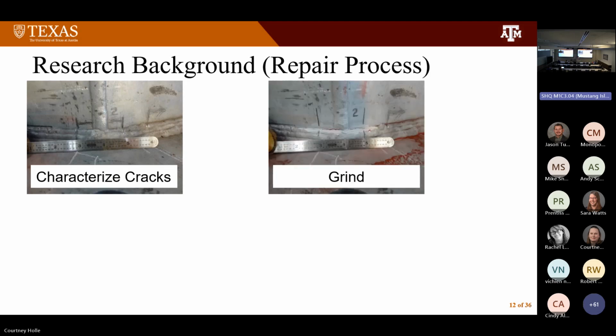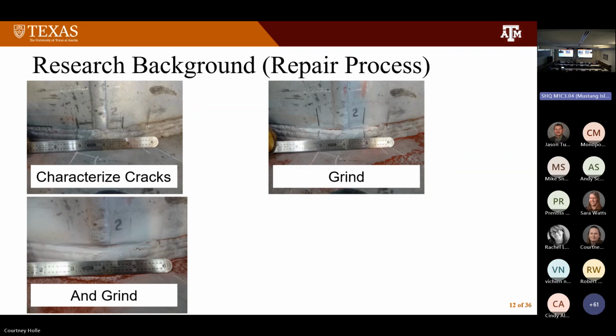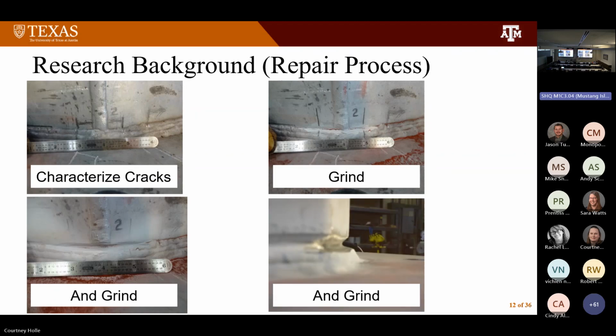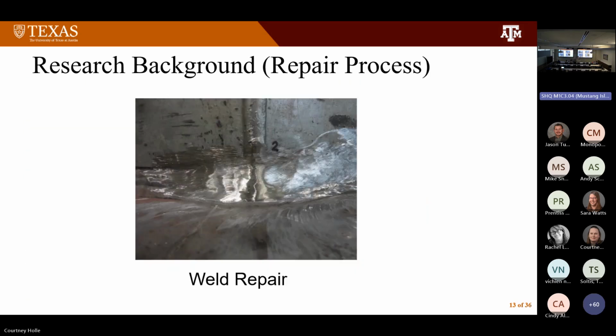Once we knew what the cracking was, as far as repair, you'd grind some of that crack. And by the way, I can't just say just grind. You grind and then you grind some more and then you grind some more, because you've got to get in there and get down to where you get rid of the crack totally. We're usually using a mag particle test to find where you got rid of the crack. And then once that happened, you could do the weld repair and get this back to where it's no longer cracking on that section.